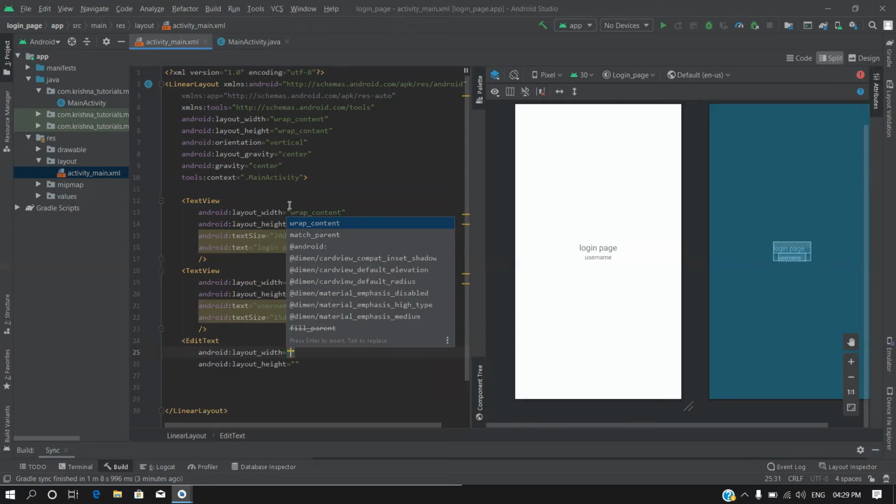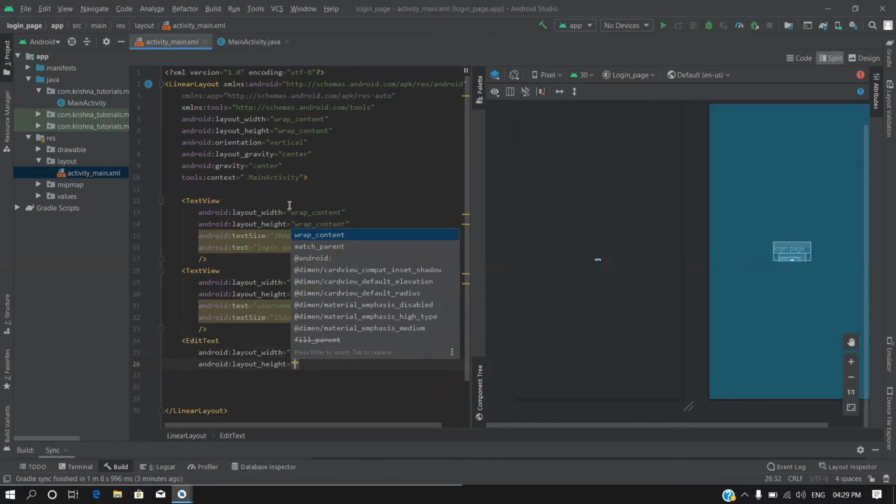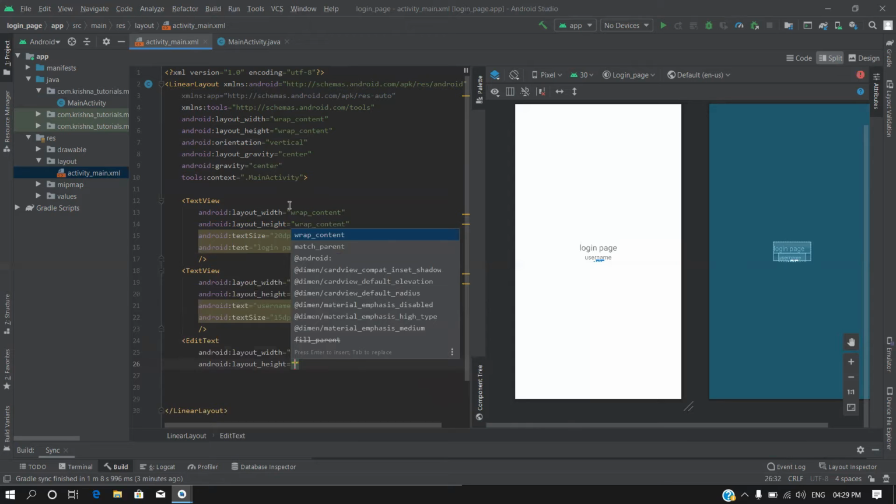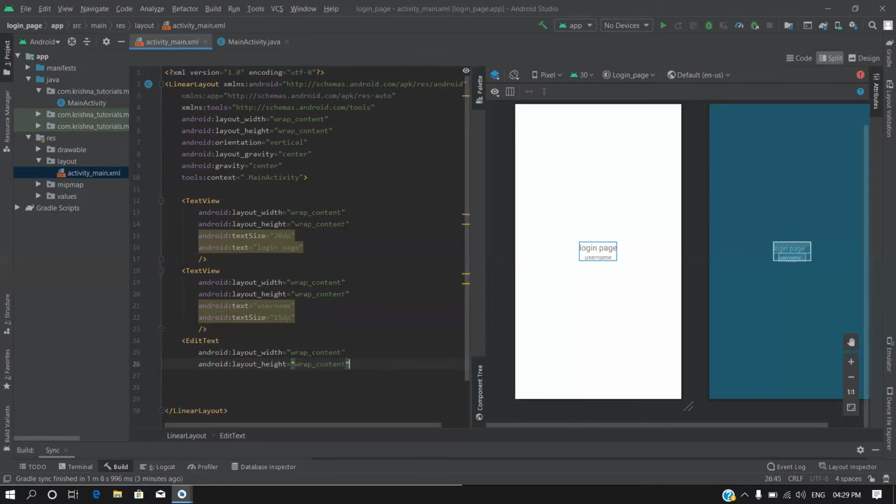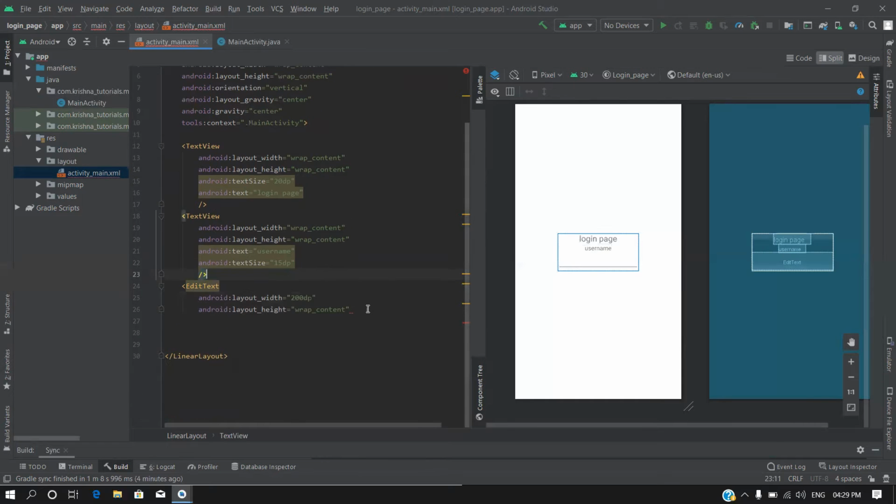Let's say the width will be 200 dp and the height will be wrap content. In this view we can see whatever we are writing in the code part. We can easily see this in the design view also.